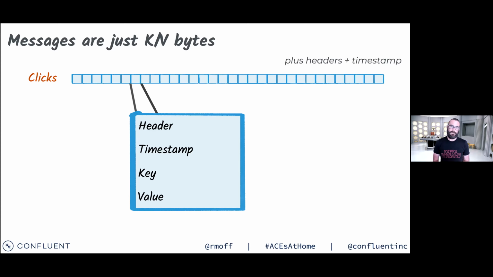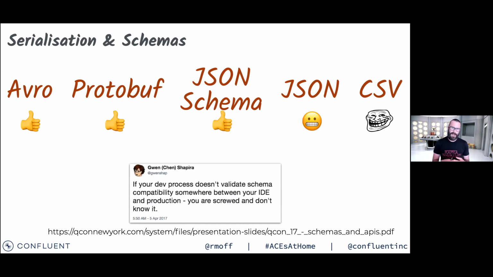With Kafka, when we start writing to it and reading from it, we have to understand that Kafka itself just treats the data as bytes. So we need to start thinking about how we are going to serialize those bytes. How are we going to get it from the producing application or device onto the topic, and how are we going to do that serialization? And when we start reading that data, how do we deserialize? How do we know which deserializer to use?